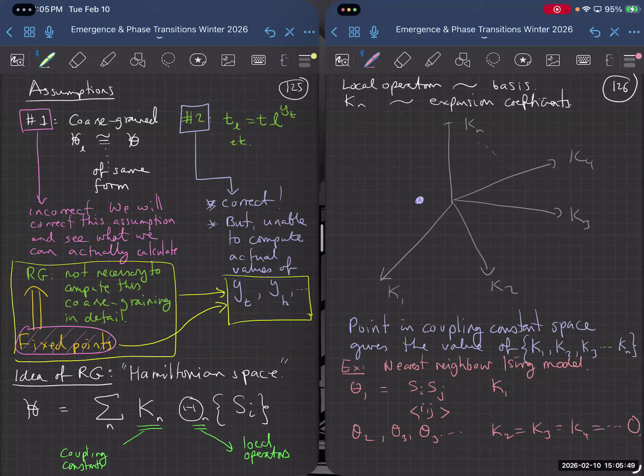So basically, you started off with a particular point in your space which corresponds to your original